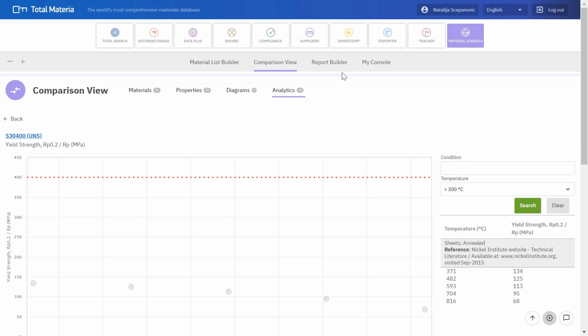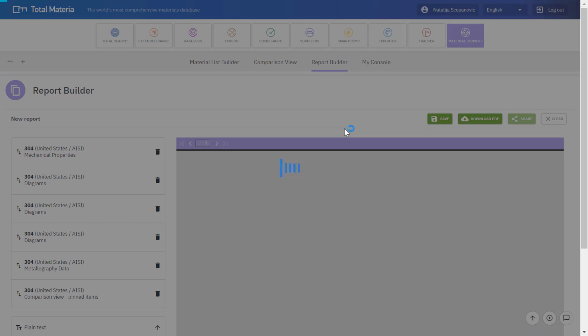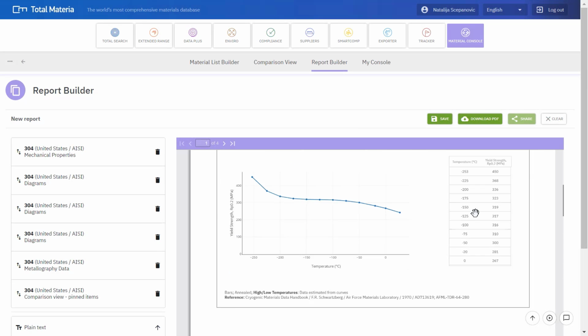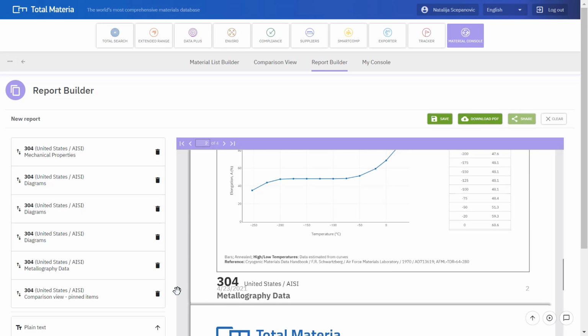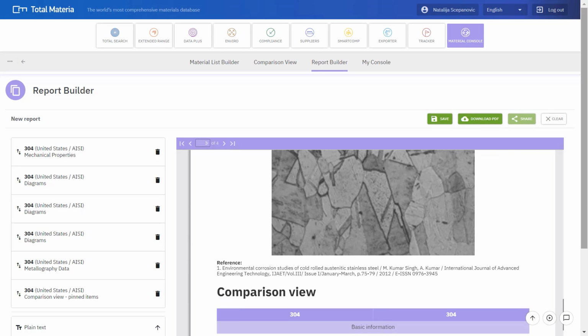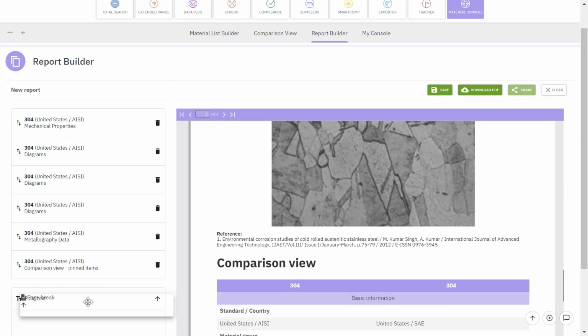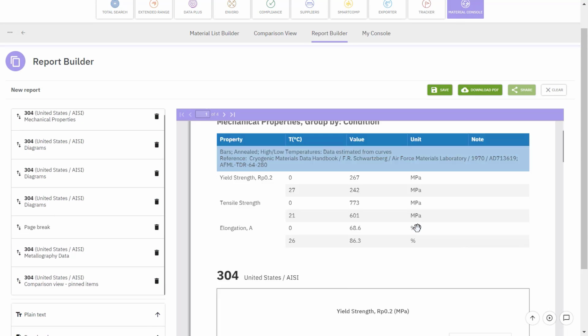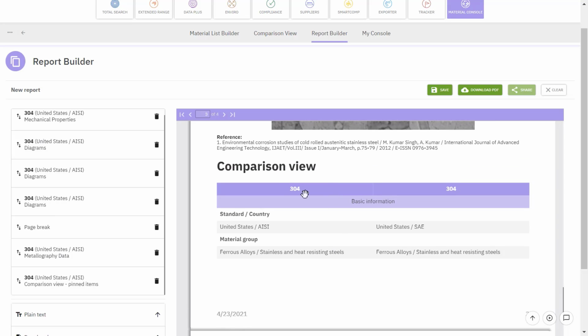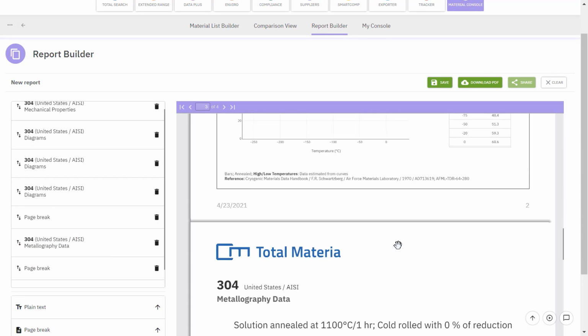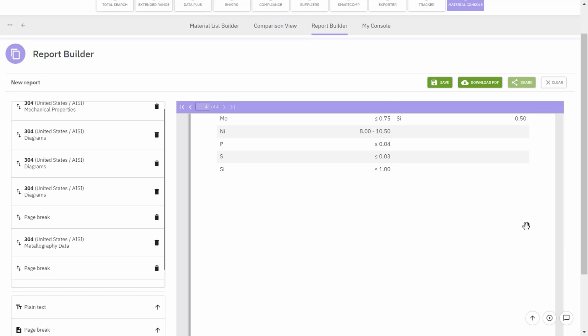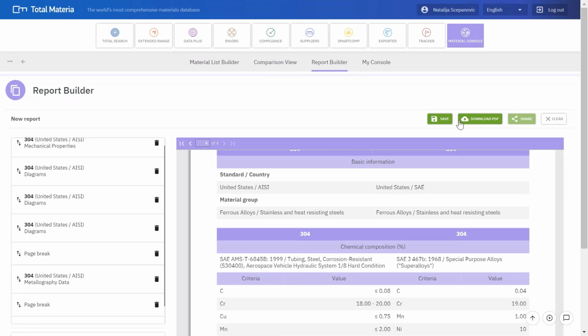Now I want to finish saving and share my report on 3 or 4 IC. So I quickly go to Report Builder. I built my report. As you see, this was cut off at the bottom. I could just quickly scroll down, add in a page break, and now my report will be nicely done, as well as add in a page break between comparison and have a good looking report. Now I don't have to take screenshots no longer. I could just quickly save my report,